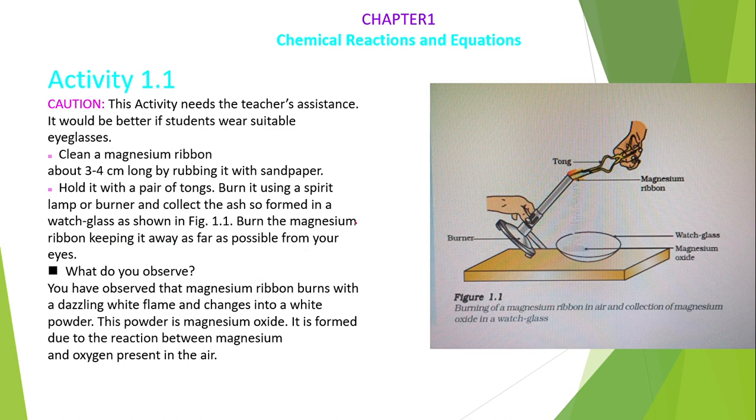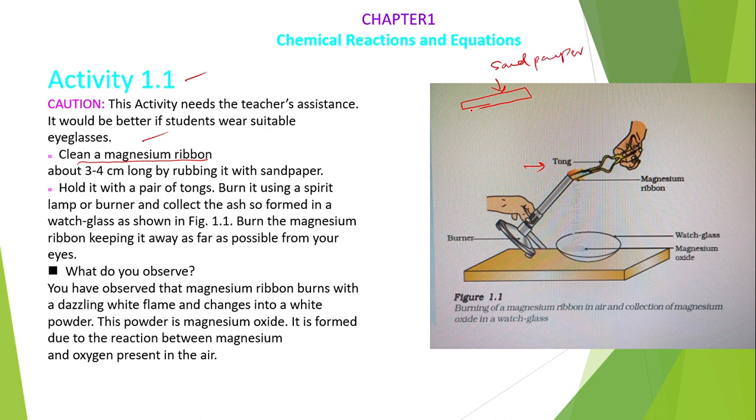So next, activity 1.1 you see. Activity 1.1 is taking one magnesium ribbon. Just we will see what he is telling. This activity needs the teacher's assistance. Clean the magnesium ribbon, he is telling. He has taken one magnesium ribbon. It has to be rubbed with sandpaper. Why do we have to